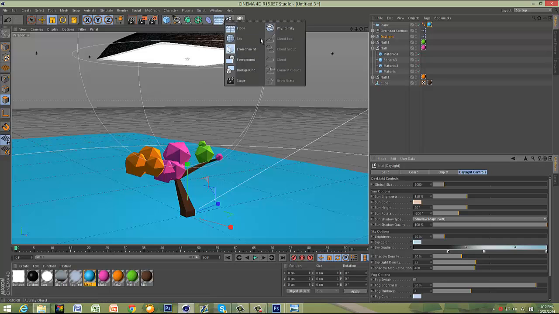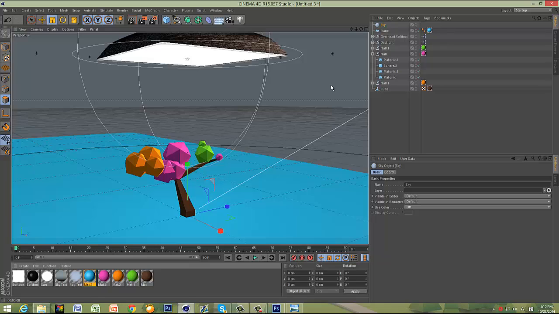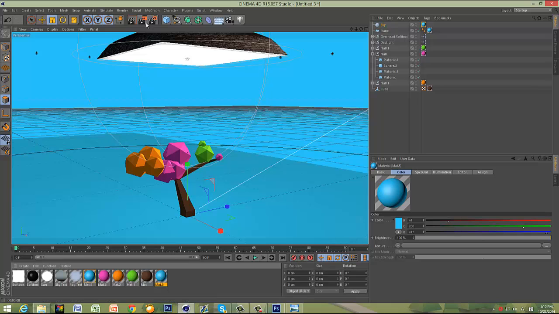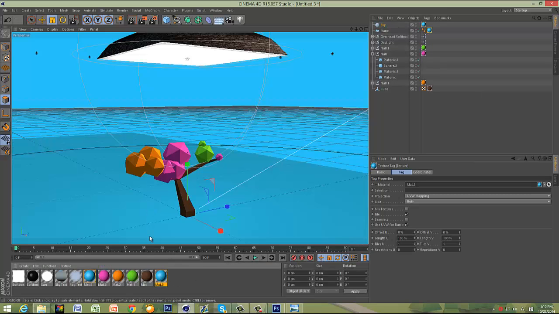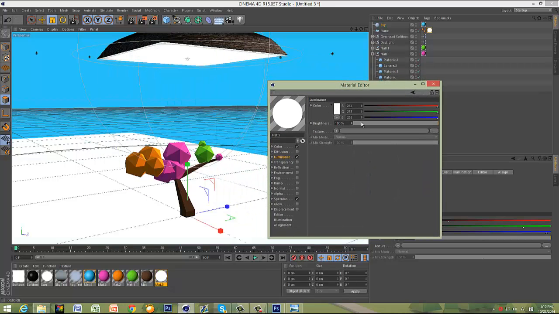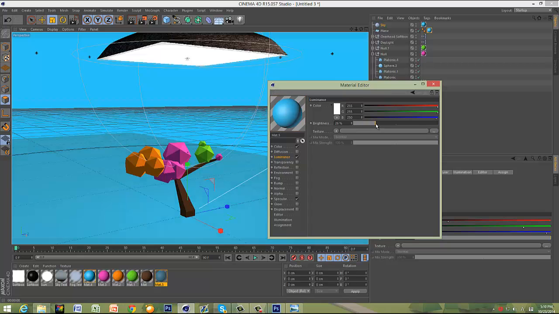and then you want to get a sky. You guys can use a physical sky, but I don't like to do physical sky. I like to do the physical sky inside of Photoshop. So what you're gonna notice is when you render it out, right here where the floor and the sky meets, it's gonna be a little darker. So with your color, you're gonna duplicate like how I did by clicking it and dragging it somewhere else, and then you just want to drag it onto the plane, delete the plane, drag that color on, and then go to luminance, then just drag it down,